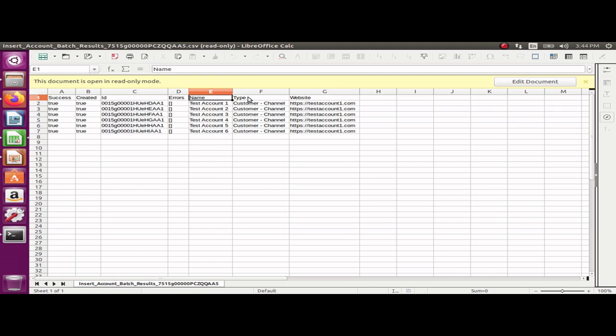And the good thing about this is that you would also see which row from your CSV file was given. This is actually matching the results here with the CSV file,